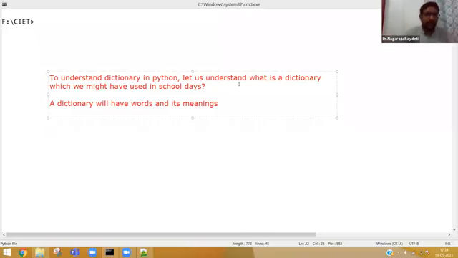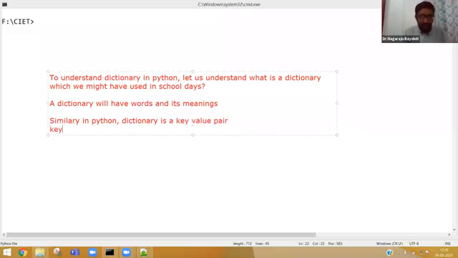All the meanings will be there. Similarly, in Python, a dictionary is a key value pair. What is key value? Key is like a word we search in a dictionary. Value is the meaning of the word.